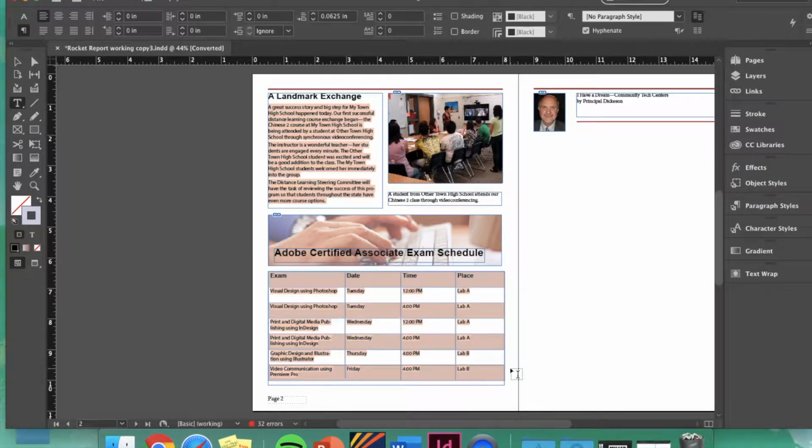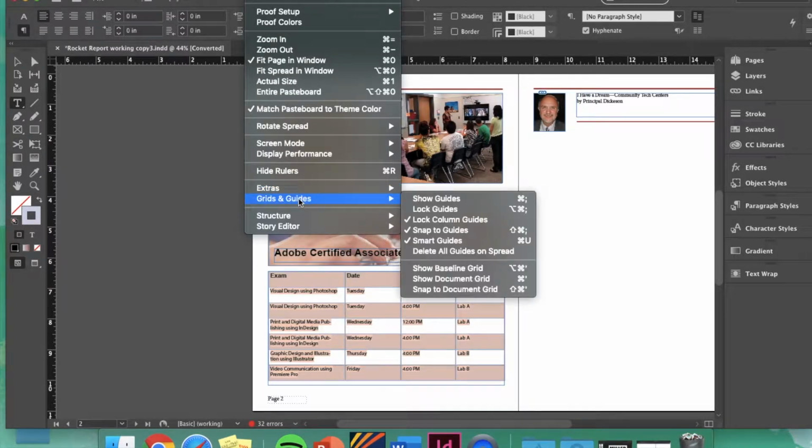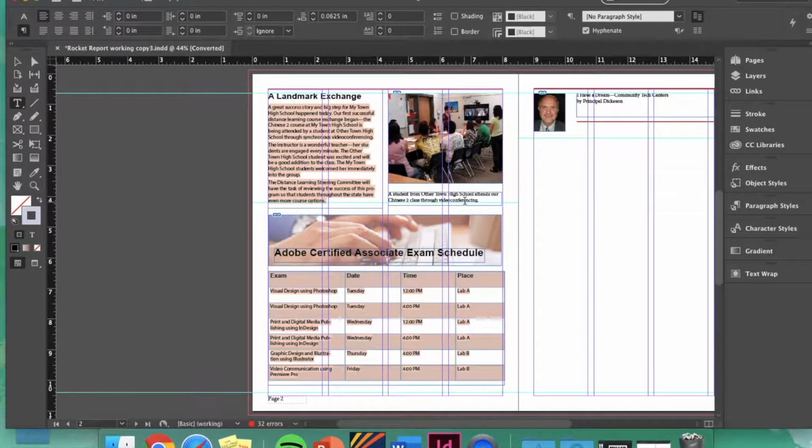We learned that under View, Grids, and Guides, we can hide and show the guides. We're going to turn the guides back on because we finished with the table. We're now going to go to page 3, which is right here. So we're going to just scroll over,